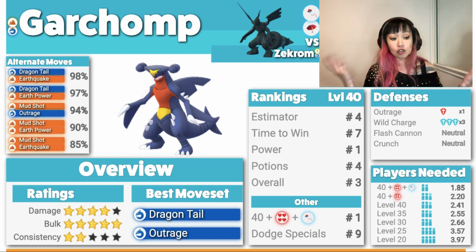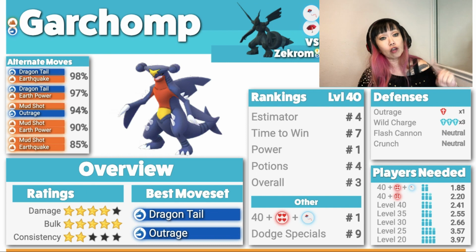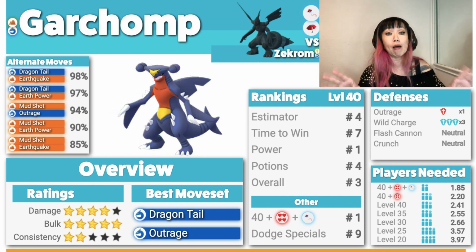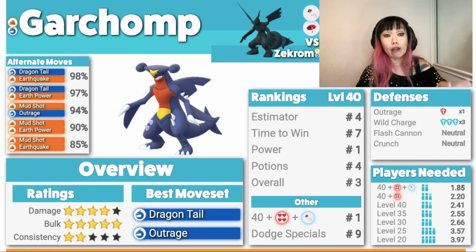And look at the defense. Triple resistance to Wild Charge. I've tweeted this over and over again. Dragon single resists electric and the ground double resists electric, so that's what makes him a triple resistance to electric. This is why Garchomp is amazing. If you go up against the Wild Charge Zekrom, Garchomp is just gonna stay there forever,